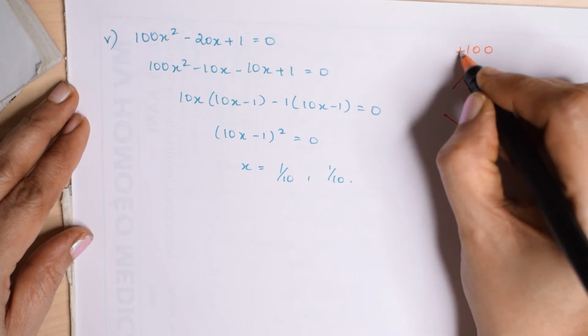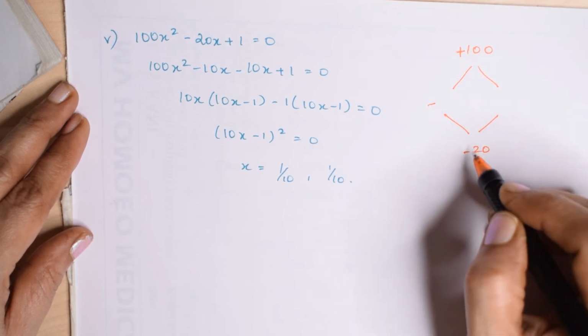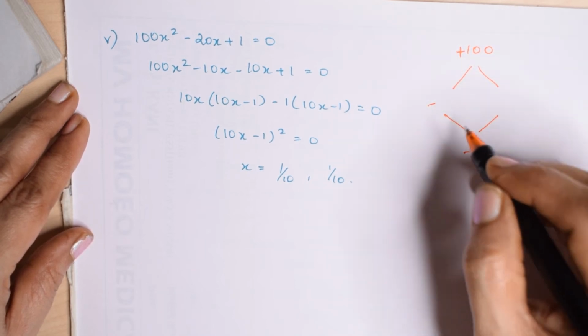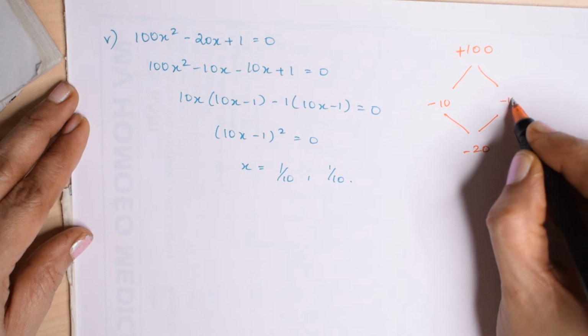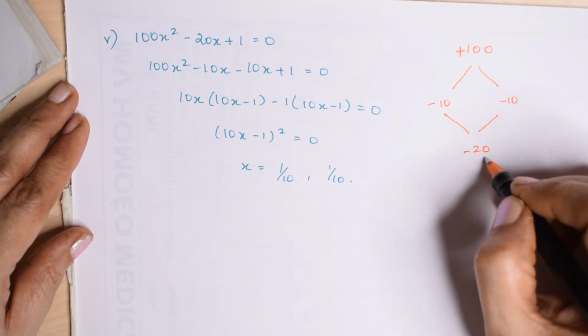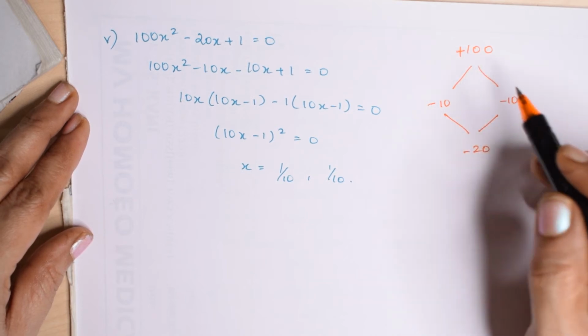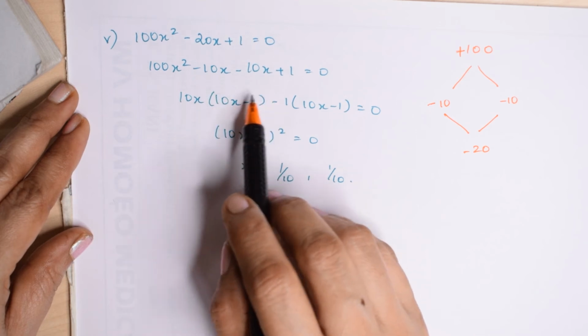So what does it mean? Both the numbers are going to be negative numbers. Only then the sum will be a minus number here, right? So both the numbers are minus numbers. When I add them, it becomes minus 20. When I multiply, it becomes 100. So I can split it out easily.